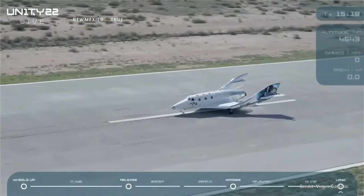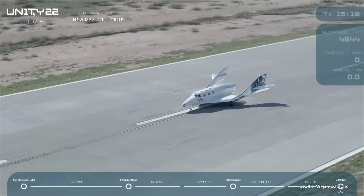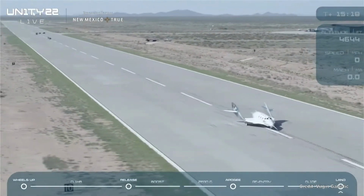All right. A perfect landing. Virgin Galactic 4 mission specialists on board from our operational home